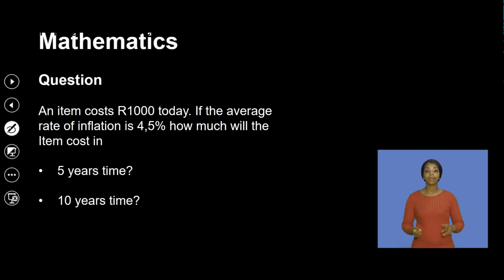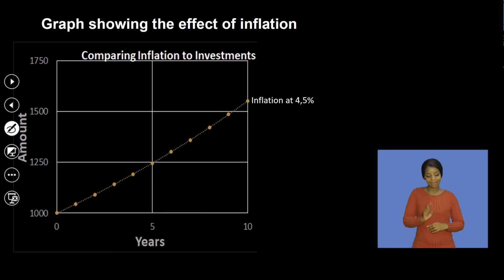Now, there's an item that costs 1,000 today, right? If the average rate of inflation is 4.5, how much will the item cost in, please think about this, 5 years? Or in 10 years? We are going to compare the two. If you look at a graph for this, you can see that the inflation rate is 4.5, right? After 5 years, this would actually cost